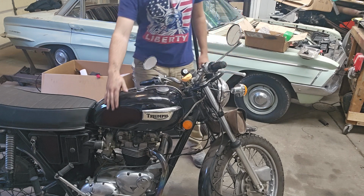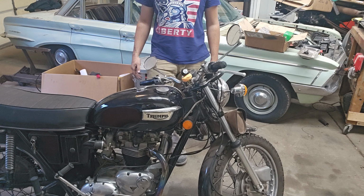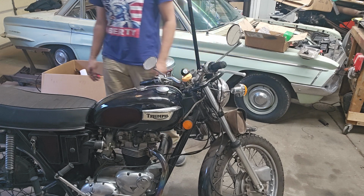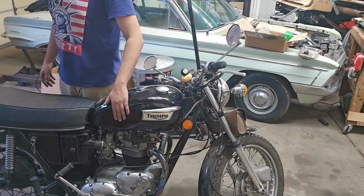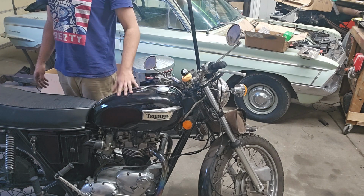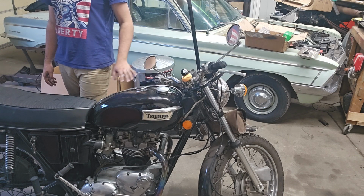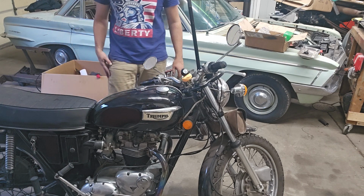I also have to glue the tank pads on. I have them. I just need to go to work and get the adhesive, and then we'll have the tank pads glued on. This was just a quick repaint at work. It's not good. It was just get it done ASAP, get it on the bike for what little remains of